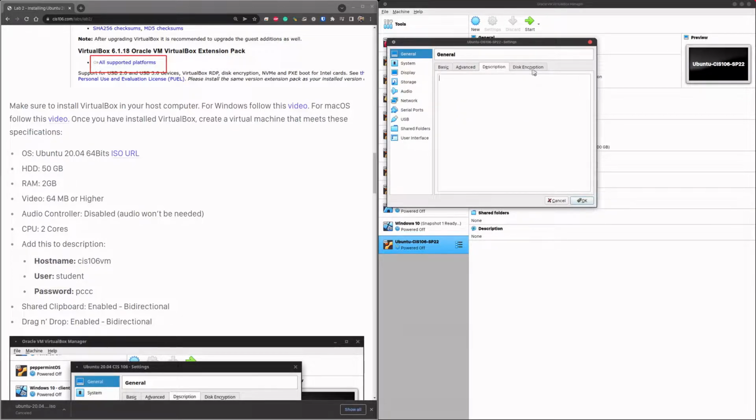Description over here: a good idea is to put the name of the computer, the name of the virtual machine, right? So that would be the host name, and this is going to be called CIS 106. That's how I'm going to call it. And then the user, right? What is the username you're going to pick for that? In my case, I'm going to pick my Blackboard username,